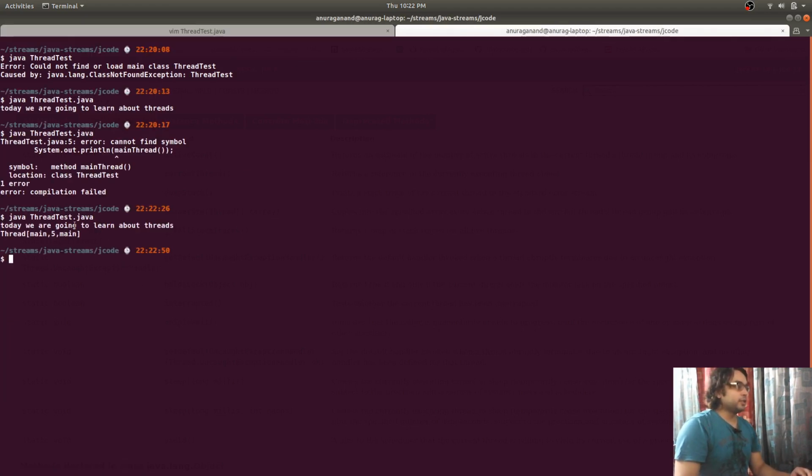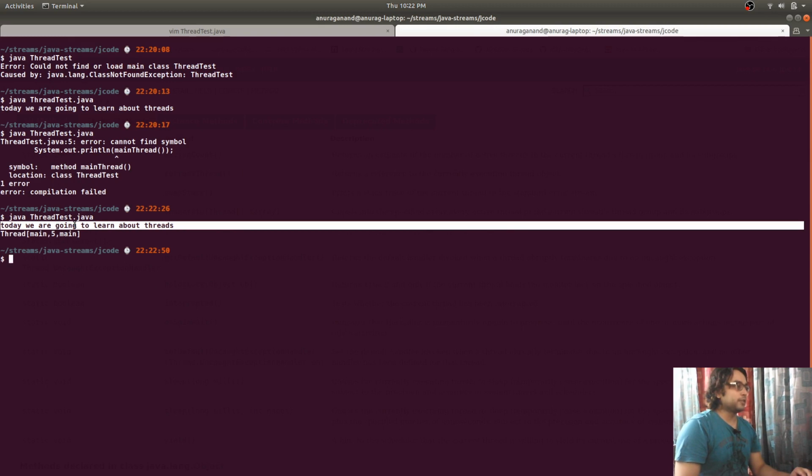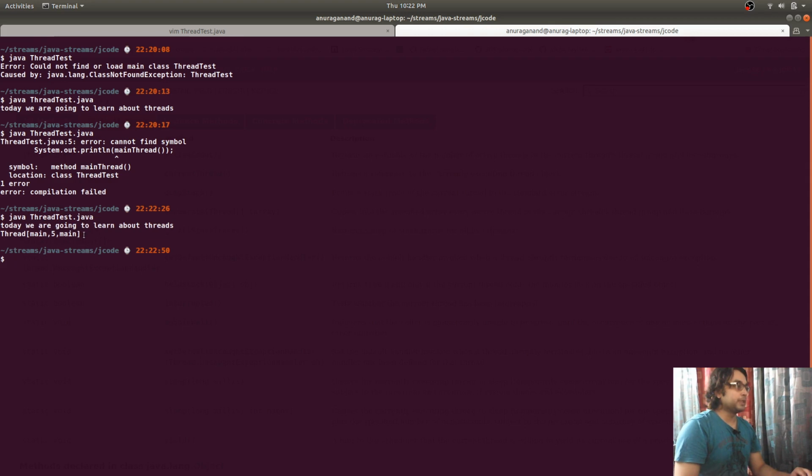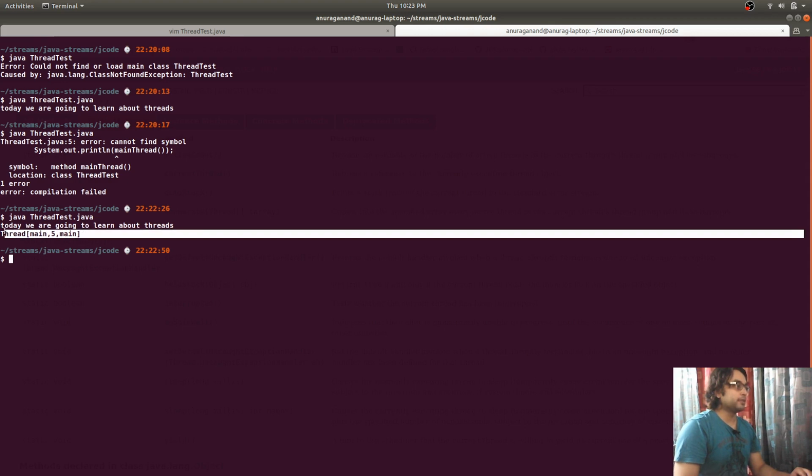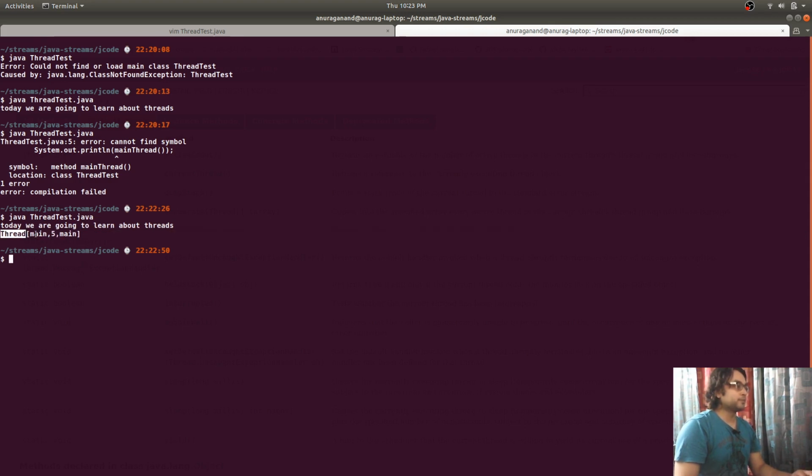So you can see after our first string was printed using the println method, now we have printed the information about this main thread. It is a Thread class. Main is the name of the thread, this is the name of the group to which this thread belongs, this is the priority of this thread.